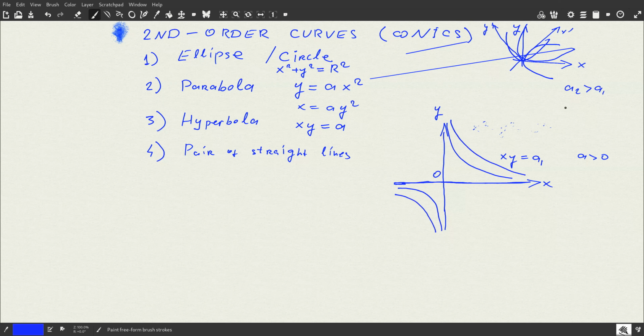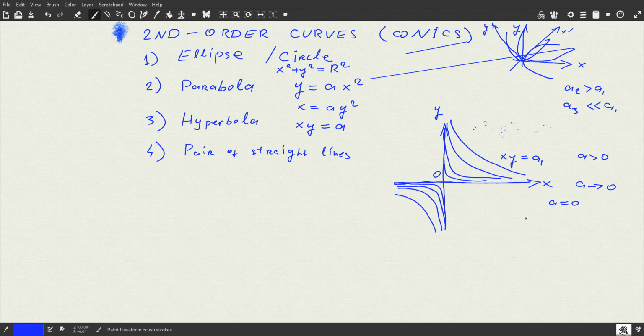Or the other way around, I take, let's say, a3 significantly less than a1. Then it would be deeply inside. Now I would say a tends to 0. So our hyperbolas become more and more and more approaching the x and y axis, and eventually at a equals